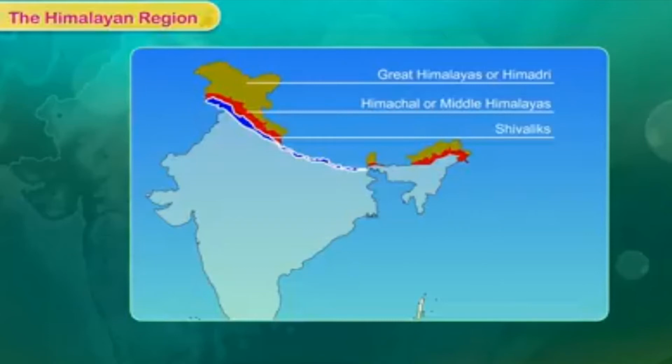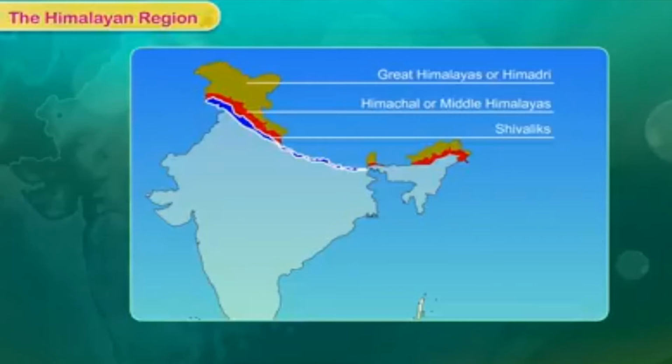So now what is Himadri? The Himadri mountains, the highest and longest uninterrupted range, form a natural boundary in the extreme northern part. They form the northern frontiers of India. Their average height is 6,100 meter, which is 20,000 feet, rising to 8,000 meter above sea level. They have the highest and loftiest peaks in the world.